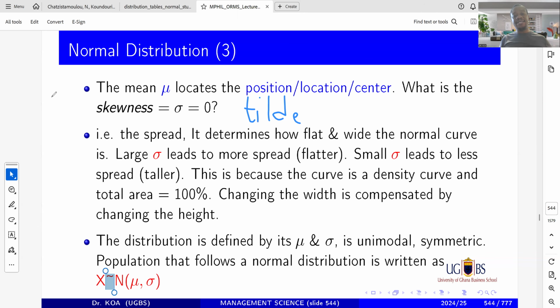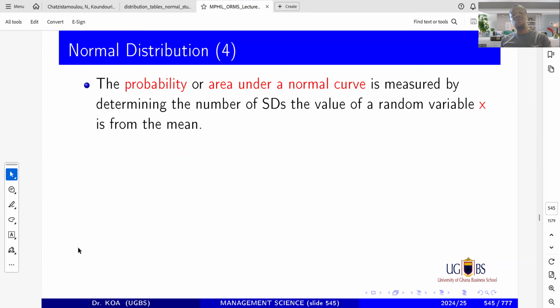Miami area, I can say tilde. Now, this symbol means that it is showing the distribution. The N here means that X is normally distributed. The mu is the mean, the sigma is the standard deviation. So anything you can tell, the mean and then the standard deviation. And if you have the mean and the standard deviation, you will know the distribution.